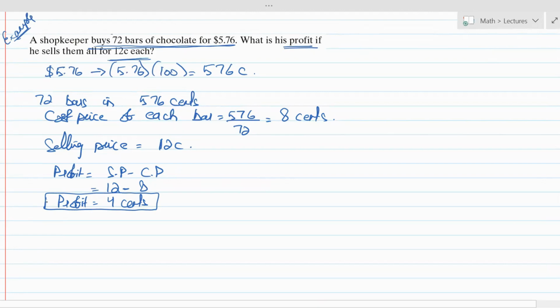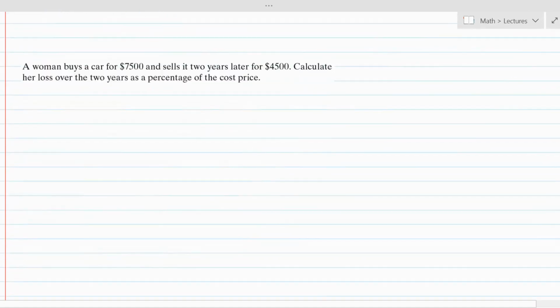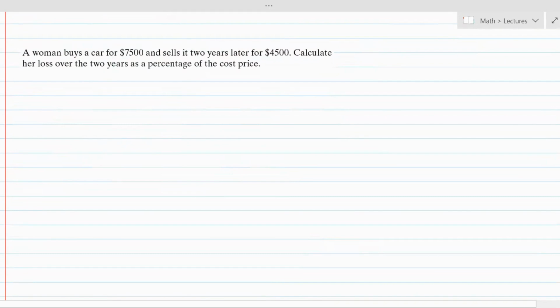We are getting a profit of 4 cents. Moving on for another example. Here,